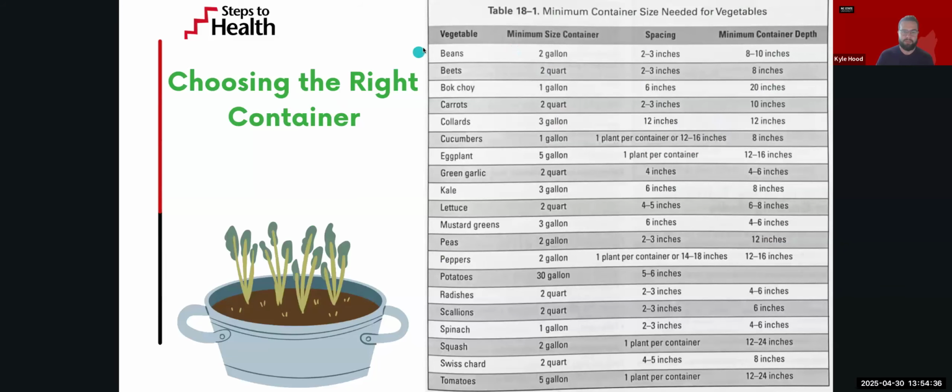And then, thinking about my container gardens this year, you obviously want to have the right size garden container for whatever you're growing. And if I look at this really handy chart over here on the right, I can see pretty quickly the minimum size container I need to grow just about any vegetable I can think of. So what we're going to do is pretend potatoes are not on this list because they just kind of throw the math off a little bit. But if I exclude potatoes,